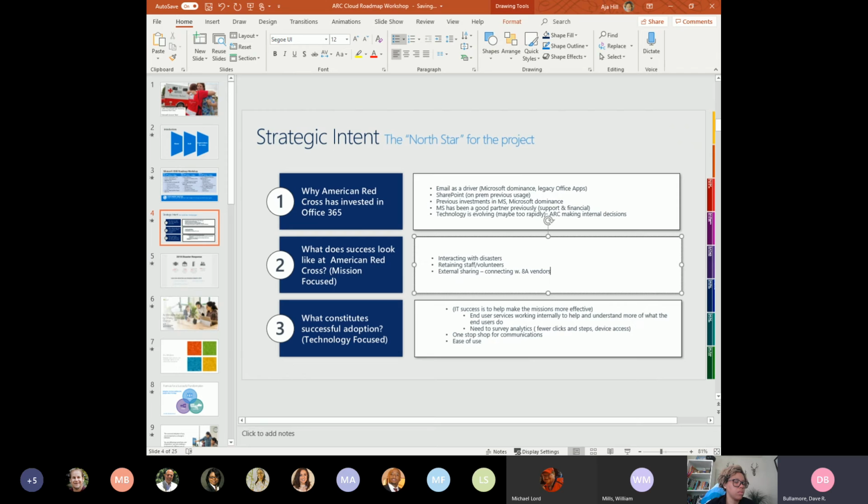So my measure of things is really more end user focused. If we're having fewer volunteers and staff on their exit surveys say the reason I left is because the technology is driving me mad, that to me is a positive indicator that we're going in the right direction. Yep.